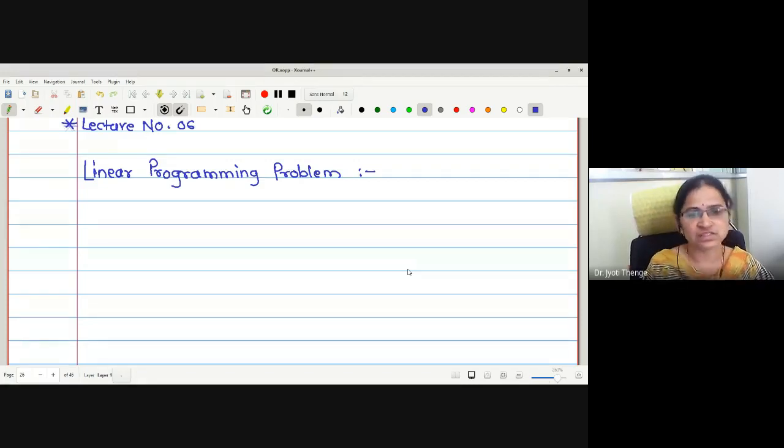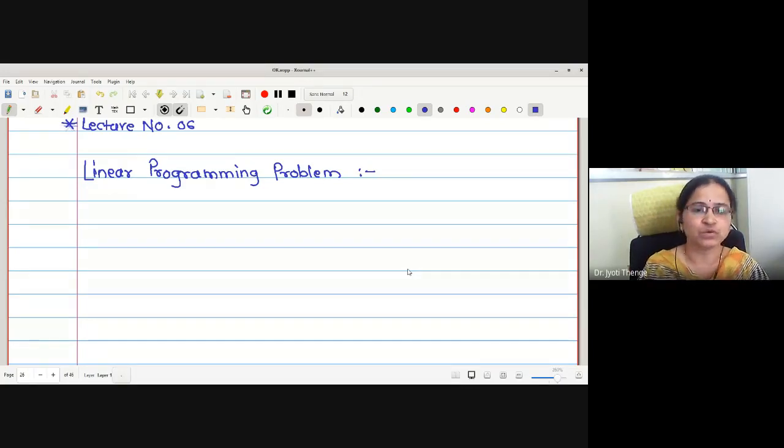As we have discussed already in the formulation of the linear programming problem, also in the graphical solution, we faced some problems, or we have some doubts. What are the doubts we have faced while solving the problem by the graphical solution method? First thing is why the feasible region is taken like this and whether it is a convex set or not. Later, why we are finding the value of the objective function at the corner points only, not at all the boundary points or at the interior points of the feasible region, and why we are doing so. So let us try to find out the answer to some of the questions in this method.